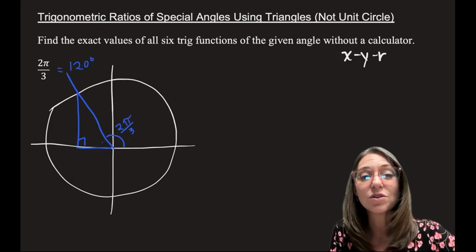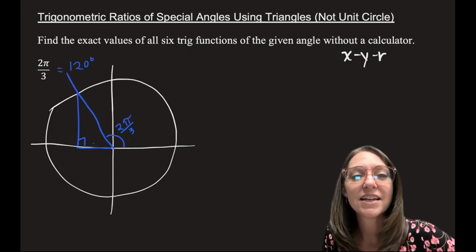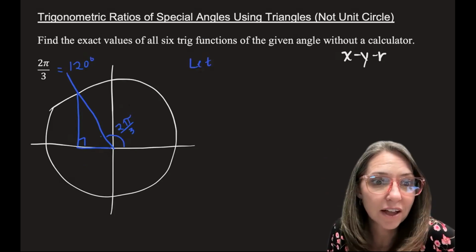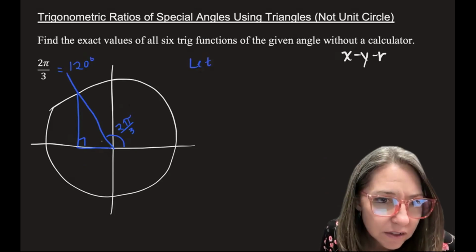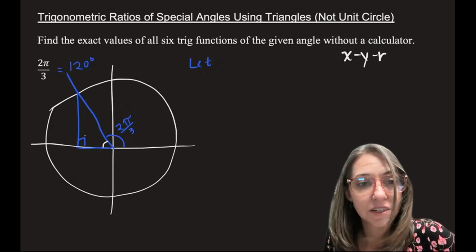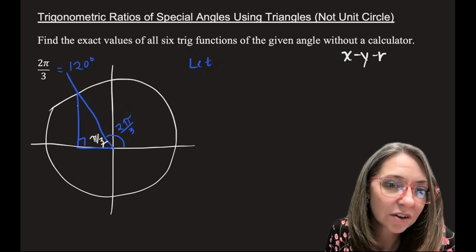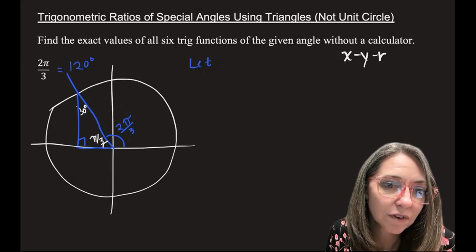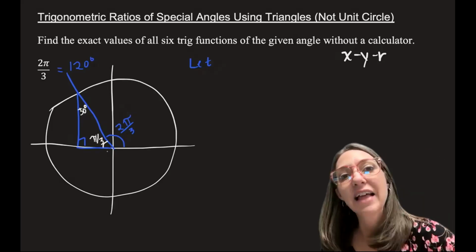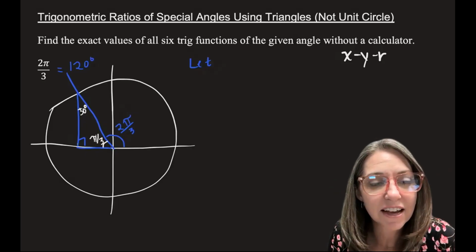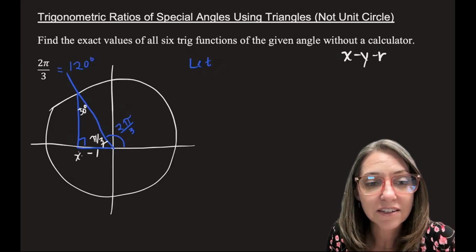The simplest way to do this without the unit circle is to always just let the short leg be 1. So which leg is the short leg? Well, this angle right there would have to also be 60 degrees, or pi over 3. That's the reference angle. So if that's 60 degrees, then this top angle is 30 degrees. And then of course you have your right angle at 90 degrees. So the shortest leg is always opposite the smaller angle. Since that's 30 degrees, this leg has length 1, but since it's in quadrant 2, the x here is equal